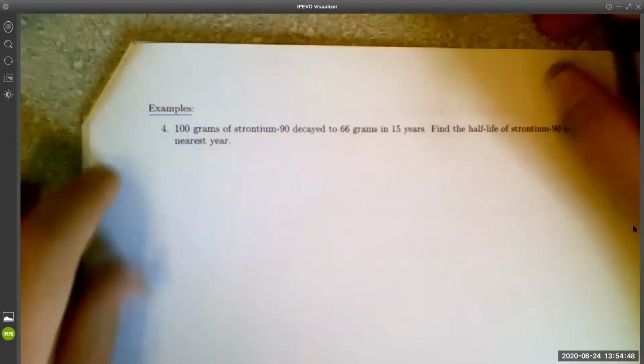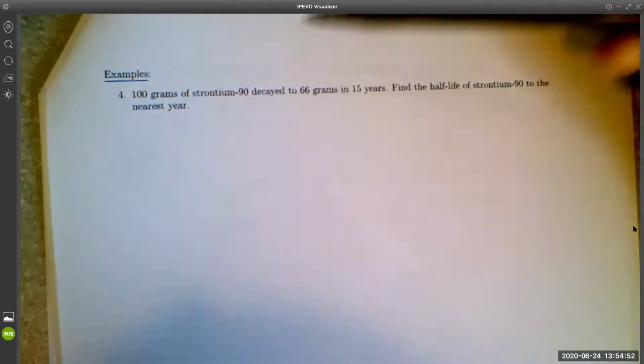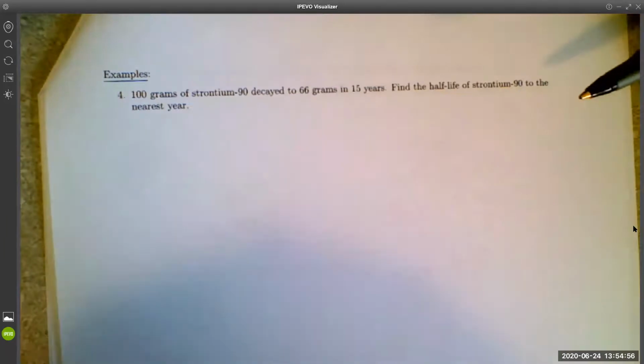For example, 100 grams of strontium-90. It's been so long since I've taken chemistry, I have no idea if that's a real thing. It sounds kind of real, but then it also sounds like kryptonite a little bit. I don't know. Krypton is a real thing, though. Anyway,